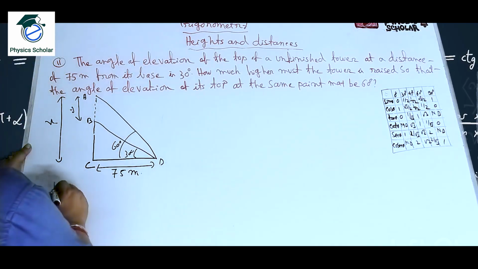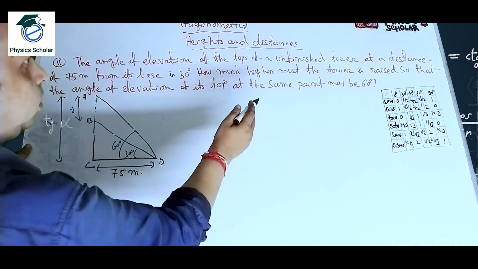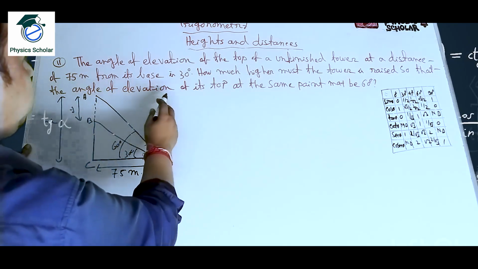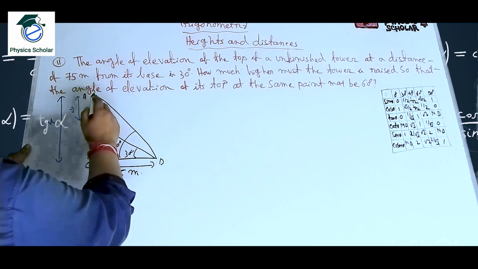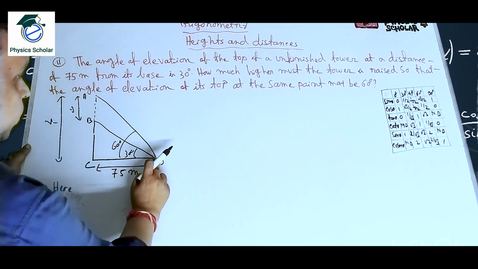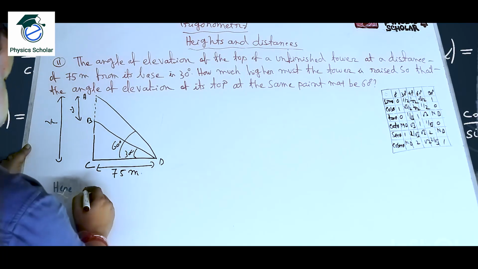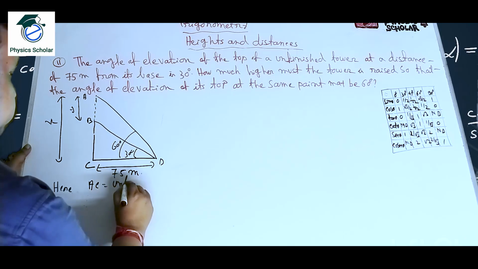Here we have to find out how much higher, that means we have to find out AB, so that the angle of elevation from this point will be 60 degree. Here AC is equal to